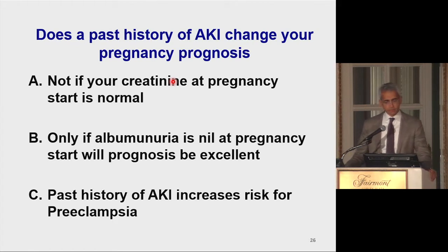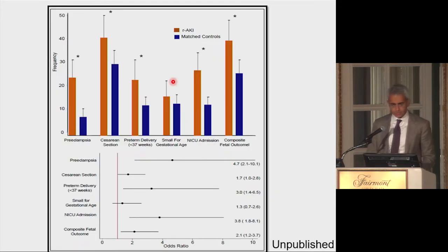Here's another example. Does a past history of acute kidney injury change your pregnancy prognosis? And I used to say, of course not. If you take a woman that has had AKI, let's say from a UTI or something 2 years before, and she comes into pregnancy with a creatinine of 0.6, 0.7, 0.8, completely normal, no proteinuria, no hypertension, how does she do in pregnancy? And what we found at the Mass General, we looked at 25,000 pregnancies, is that those women